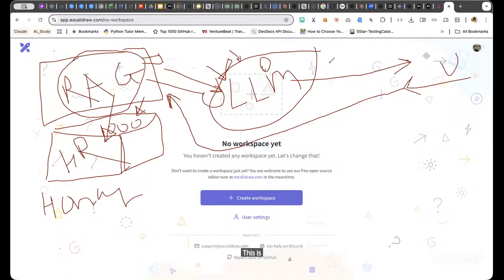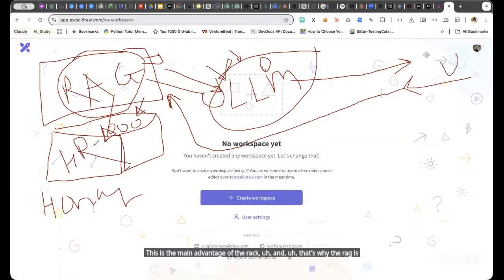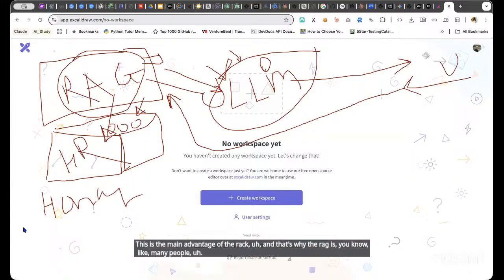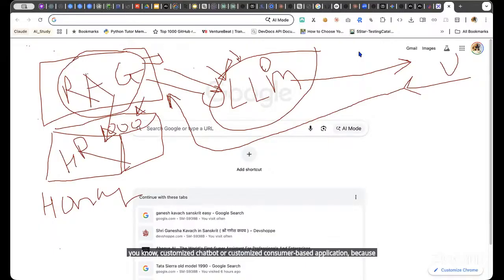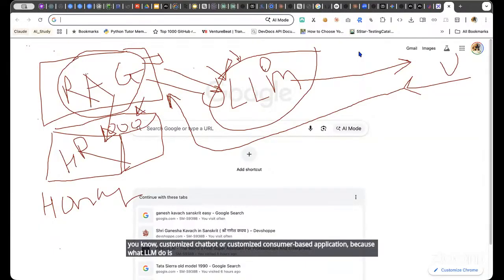This is the main advantage of the RAG. And that's why RAG is highly used when you are creating any customized software, or any customized chatbot or customized consumer-based application. Because what LLM does is, LLM has its own knowledge, but if there is extra knowledge, say if I take an example